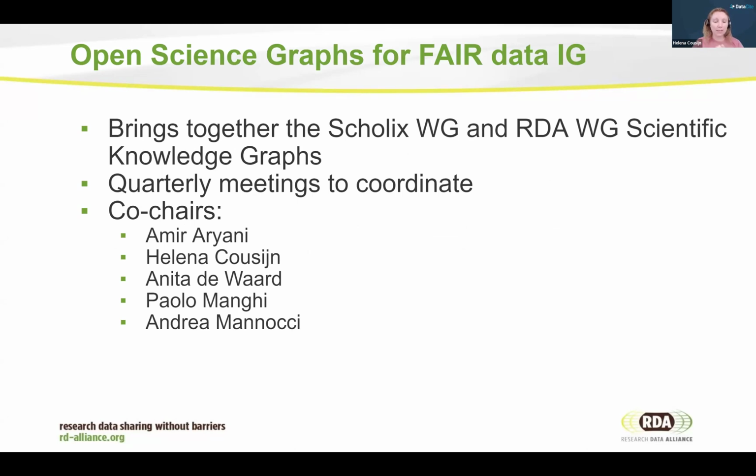We currently have quarterly meetings. You should be receiving those invites if you're a group member. If not, you can go to the RDA website and add yourself to the group. So then you start getting updates and invites to the